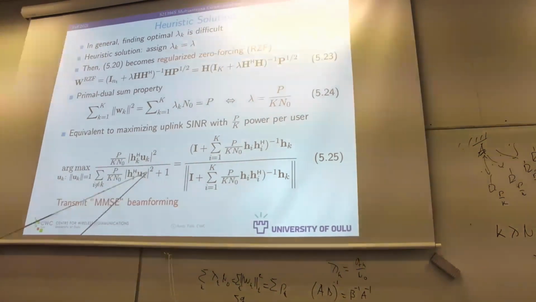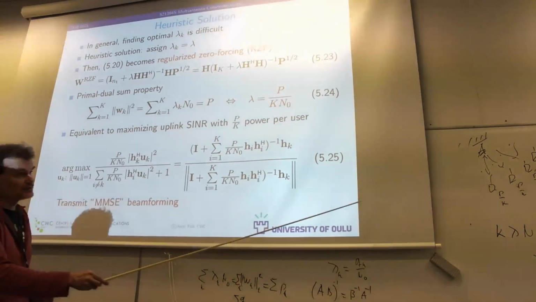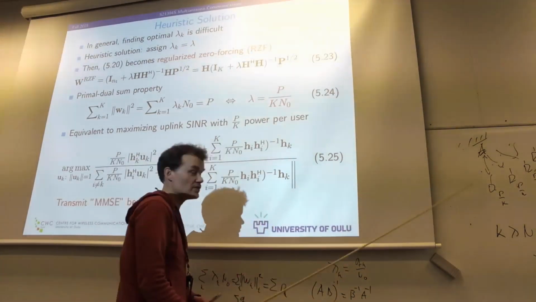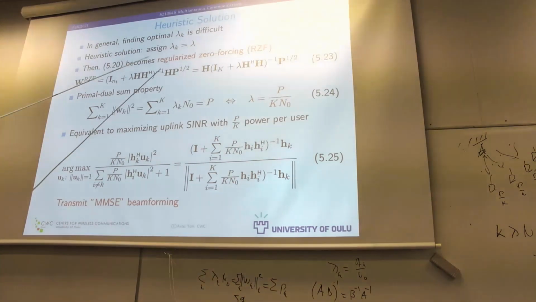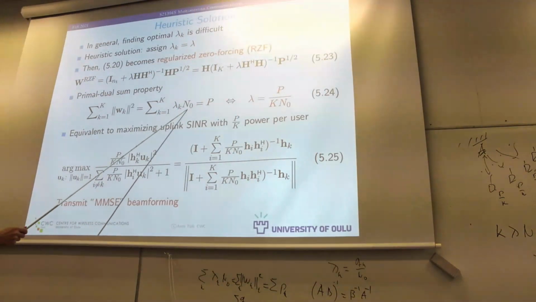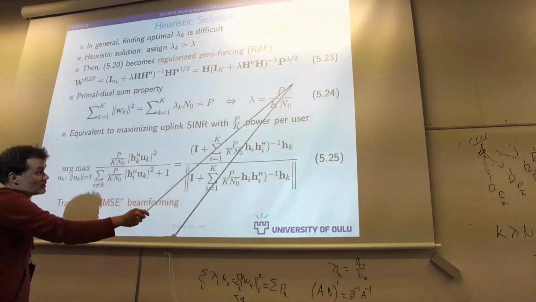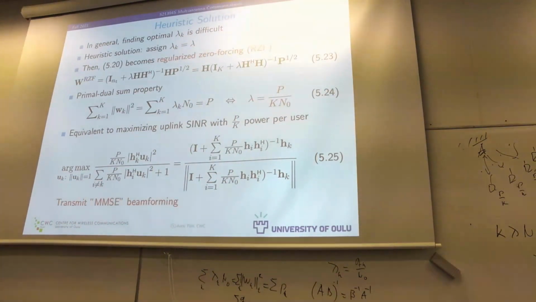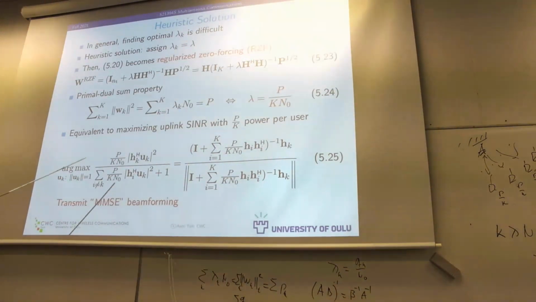UK is fixed here. Interference index is changing here. The channel index, right? So this is an uplink solution. So you can show that when you assign all these lambdas to be equal, use the primal dual property, solve lambda. From there, see that lambda is equivalent to kind of equally dividing the power between users